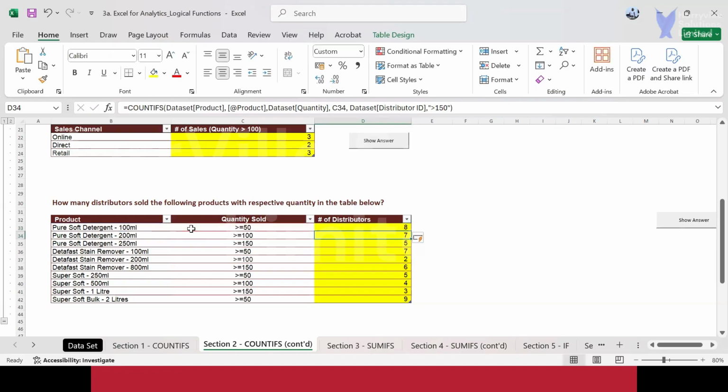Then hit enter. Now, you'll be asking, why did I use 150? Out of all of these quantity sold conditions that were given to us, 150 is the highest, right? So if I'm saying greater than 150, it means I am using 150 as the target. I didn't say greater than or equals to 150, because that would mean I have used the same condition that I have in my quantity sold there. I just want to count the number of distributors that meet all these quantity sold targets, right? So that is why I have